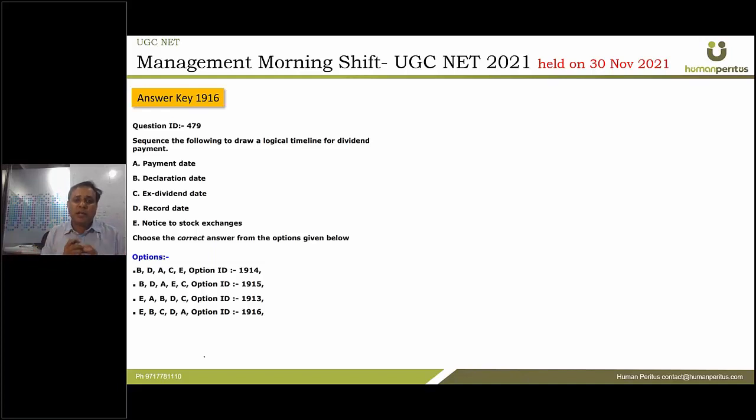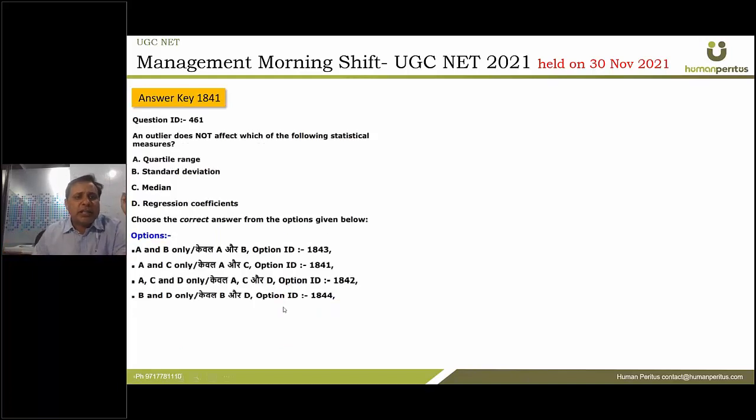But there is an interesting point here: in the whole dividend story, the final step is when you will actually be paying that dividend, right? So payment date is the last step, and it is given in one option only, which is option D. So correct answer is D, because finally when dividend is being paid, that is the payment date. Before that there are a couple of steps like you tell the stock exchange, you declare a date, dividend rate, you tell the ex-dividend date, and all those things. But finally D. But yes, some of you might not have done this question. That is okay. Okay, next one.